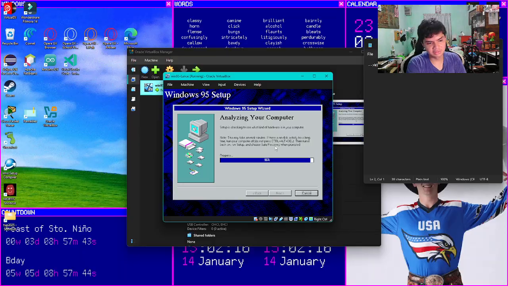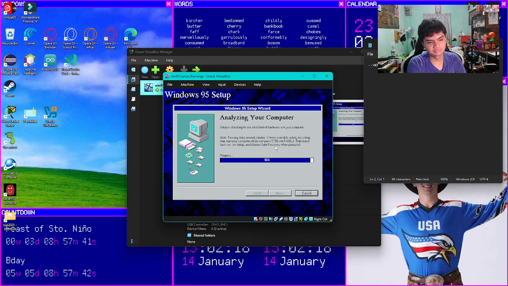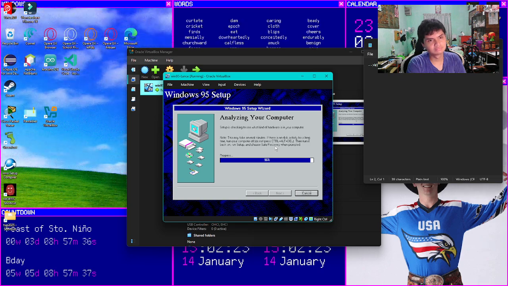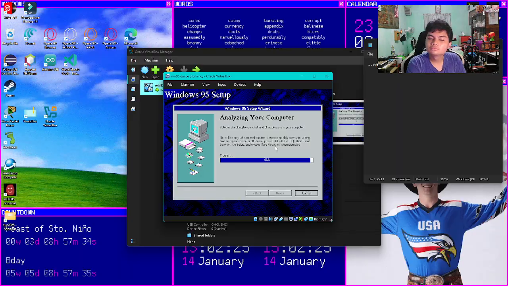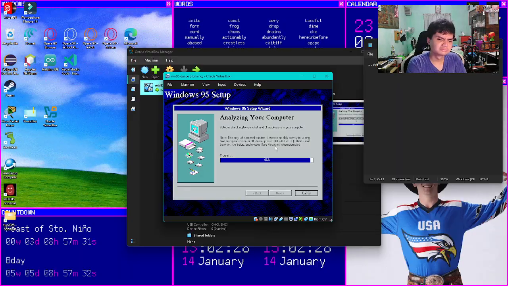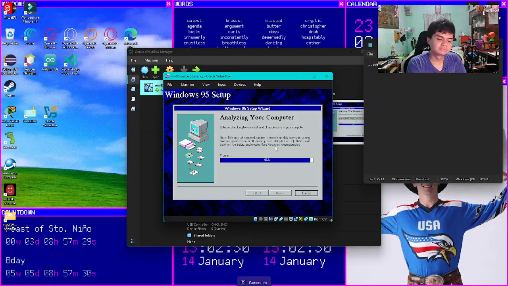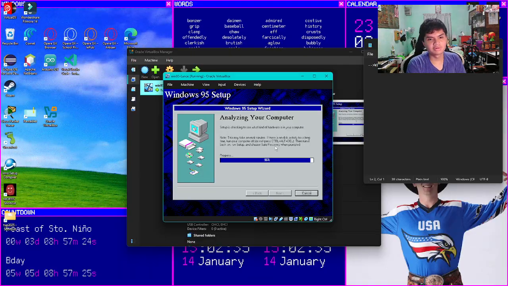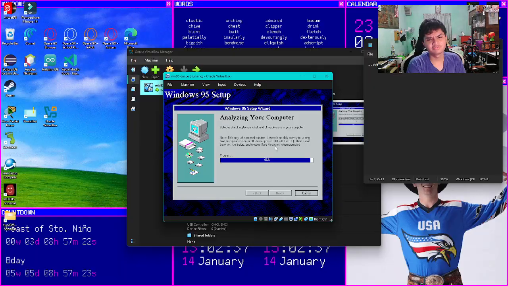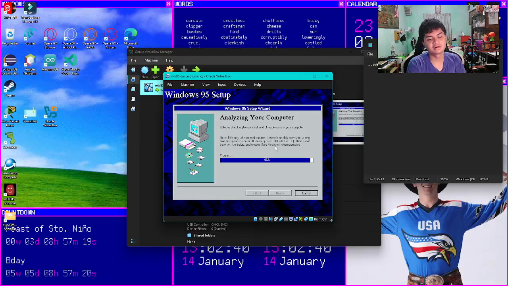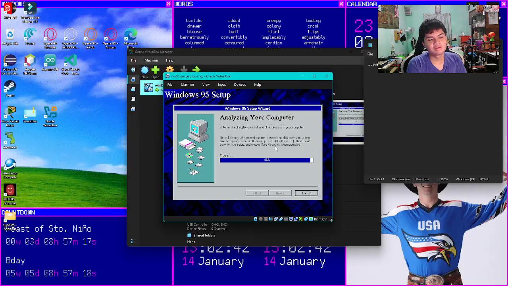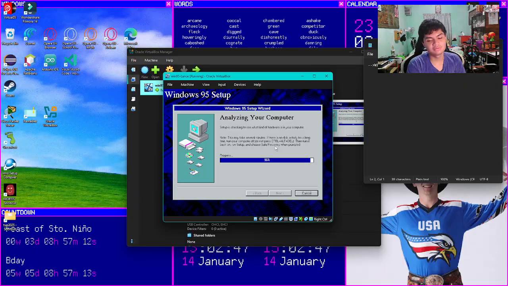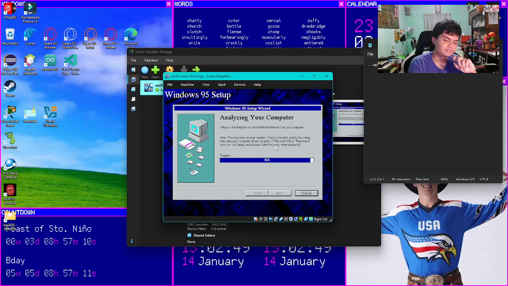Around 96%. Still gonna wait. It's gonna take a while because it's still finalizing all of the analyses created in a computer to check if the computer is safe for Windows 95. So we're just gonna wait for that.